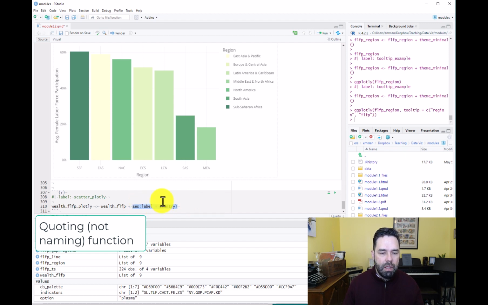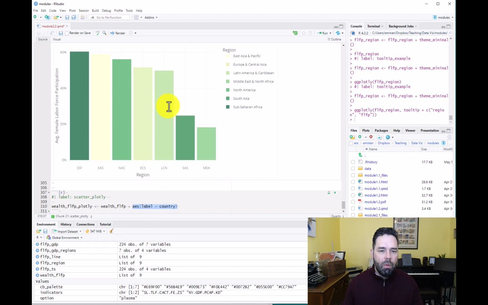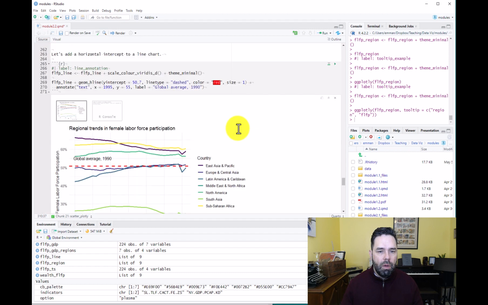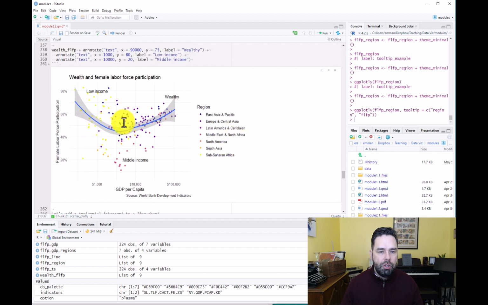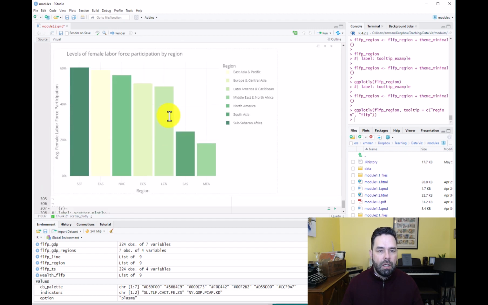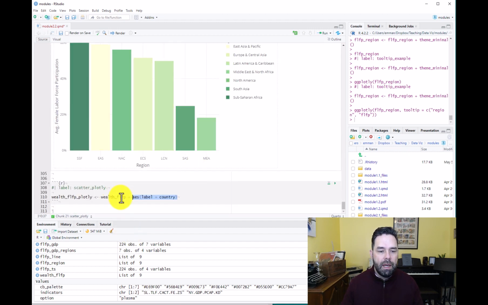So for example, in this next scatter plot we're going to build, we want to be able to hover over the points, and we want the points to be the country names. Like when we hover over it, we want our tooltip to tell us which country we're hovering over. But Plotly won't import the country names unless we include that in essentially our ggplot code. All right,